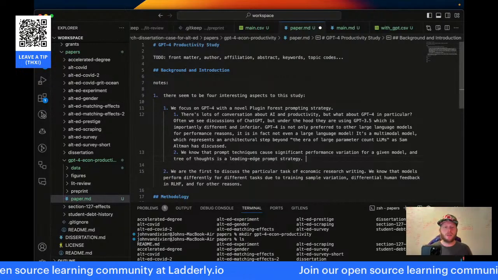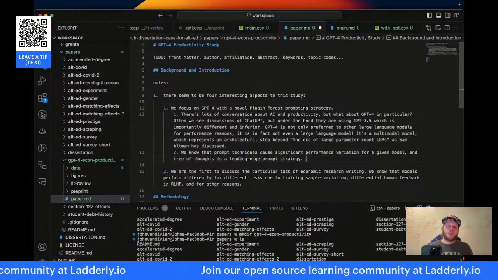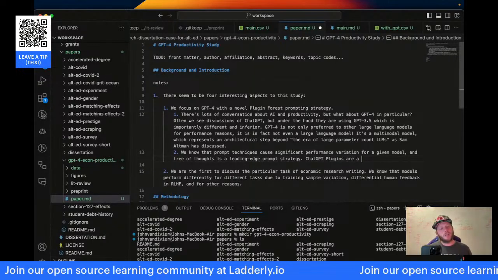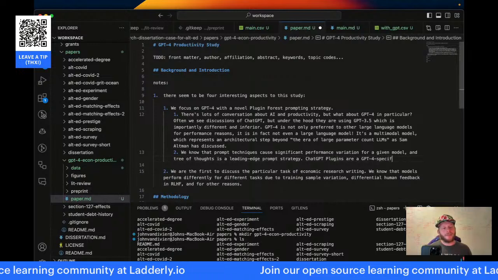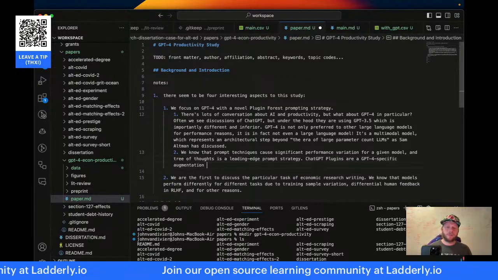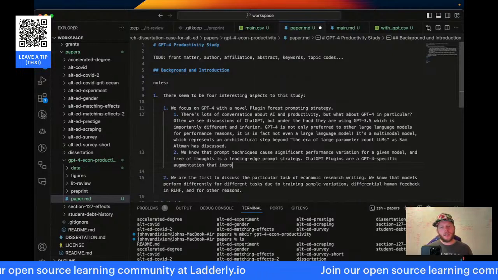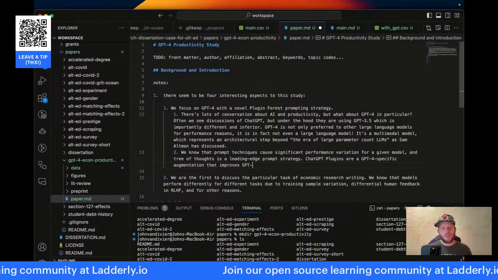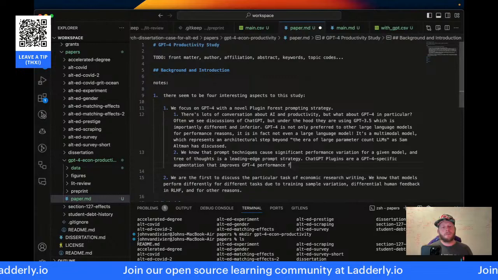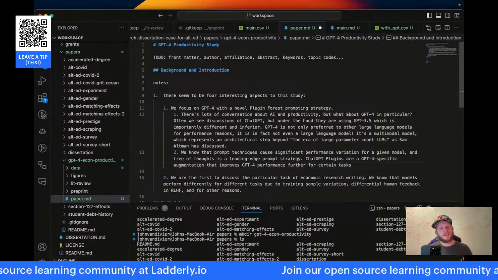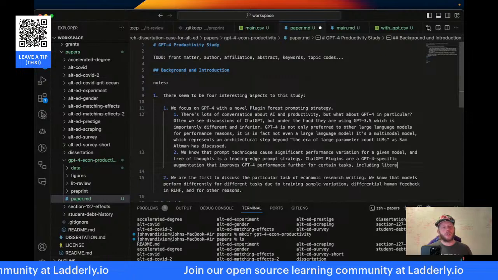Plugins. ChatGPT plugins are a GPT-4 specific augmentation that improves GPT-4 performance further for certain tasks, including literature review.